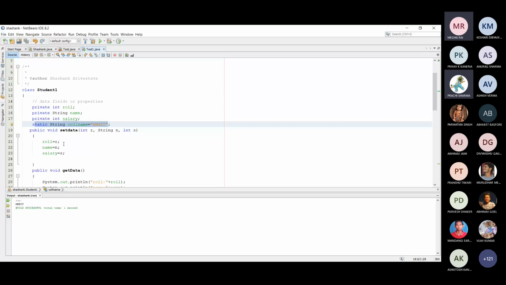Okay, so how can you write the static keyword before a method? Suppose I create a method.